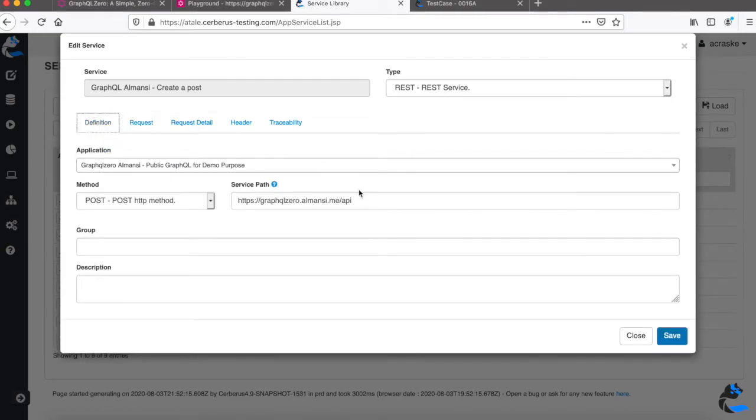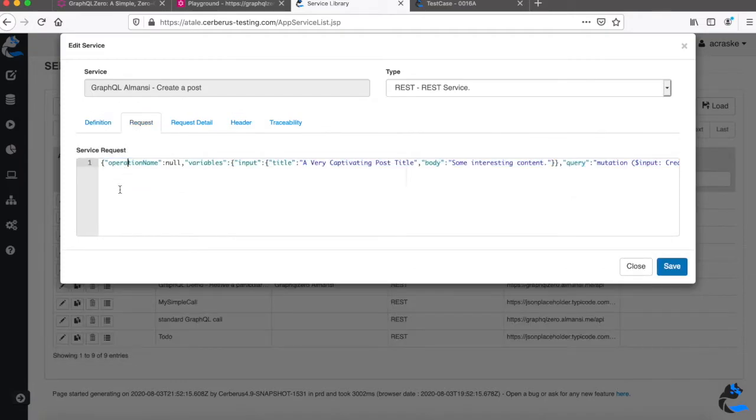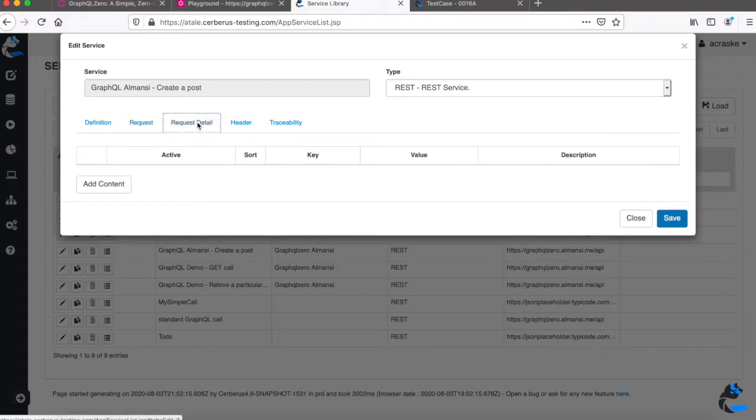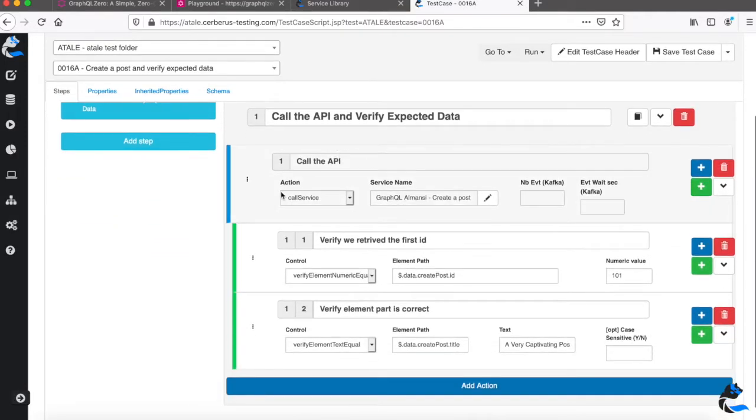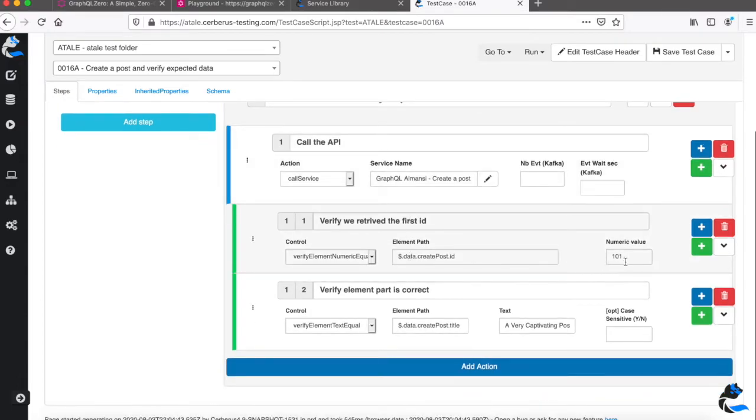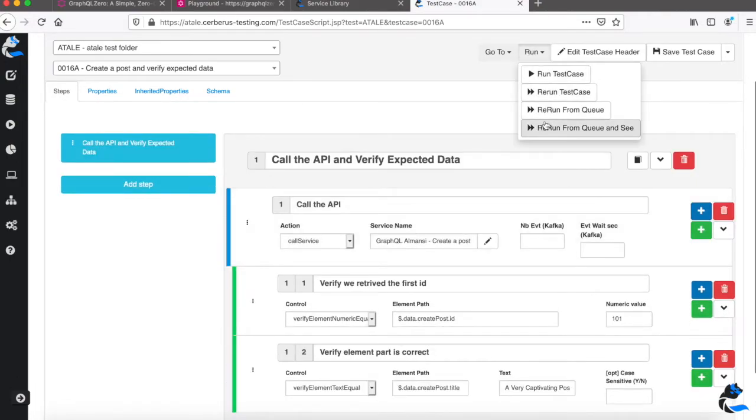Here I have already created and reused the same API. I have already the service request here that we just saw and I copied just before, so we can do exactly the same process here. In the same manner, those parts are not filled for this case. And I have also specified the test case that will call the API, so the one I just presented. It will verify the expected value, in our case that is hard-coded, and then it will verify the post is correctly the one returned. So I can rerun the test here to demonstrate it's working fine.